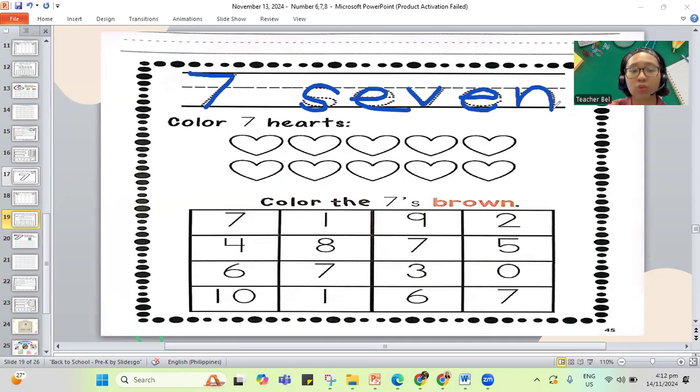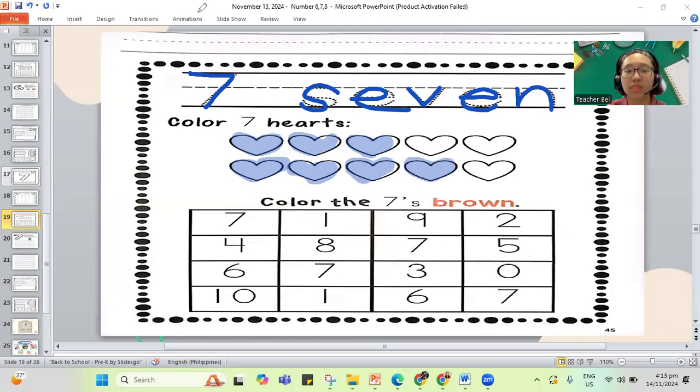Now, let's get to color our hearts. You'll need 7 hearts. That's 1, 2, 3, 4, 5, 6, and 7. So there's 7 hearts already.